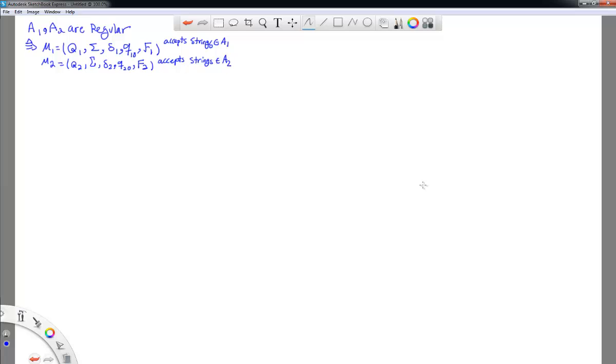We will construct a third automaton based on these two automata that simulates the operation of both of these automata side by side, and that accepts the strings that both M sub 1 and M sub 2 accept,